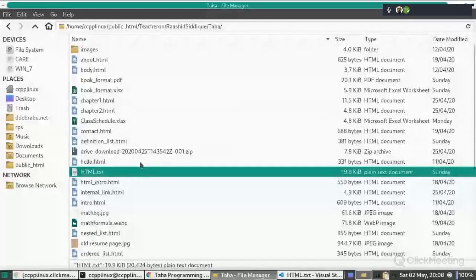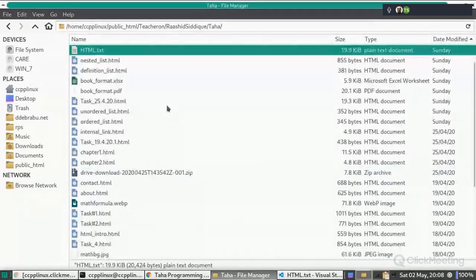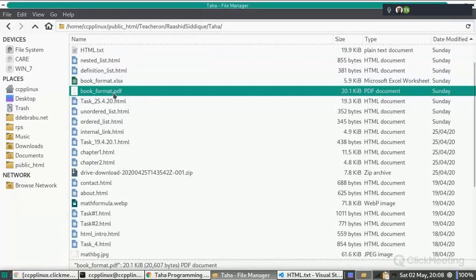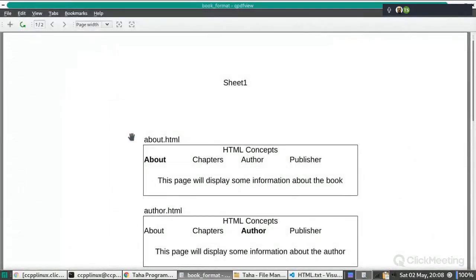Actually, I sent you this file. There was a PDF file, book format.pdf. Do you see this? Yeah, this one.